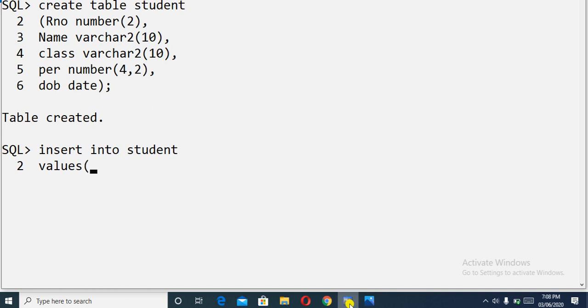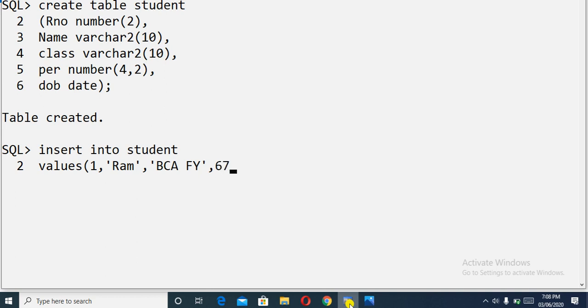So here opening bracket, then first roll number, as usual one roll number I am going to insert, then comma, after that in quotation suppose Ram, quotation close, then next attribute is suppose class, so BCA FY, this is the class of the student, then comma, next attribute is